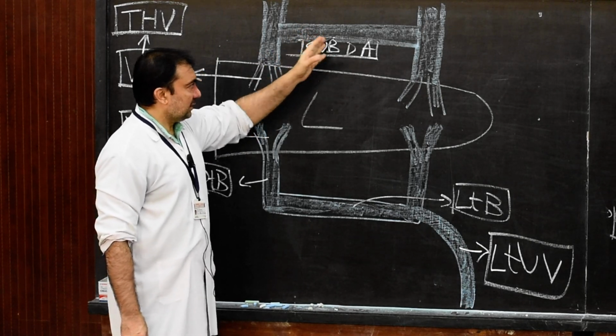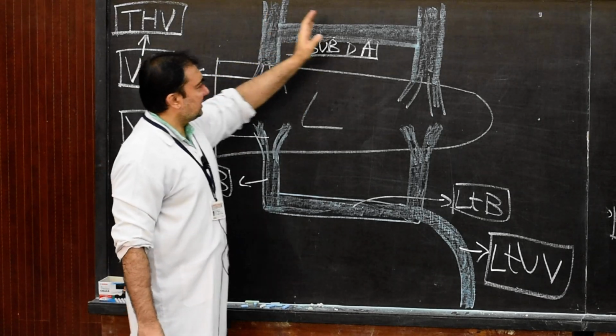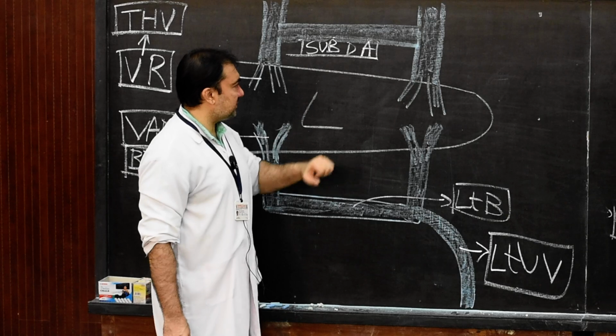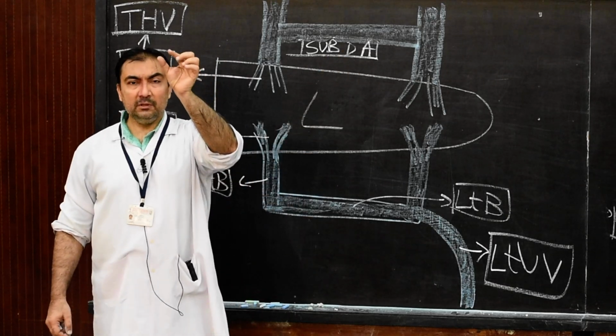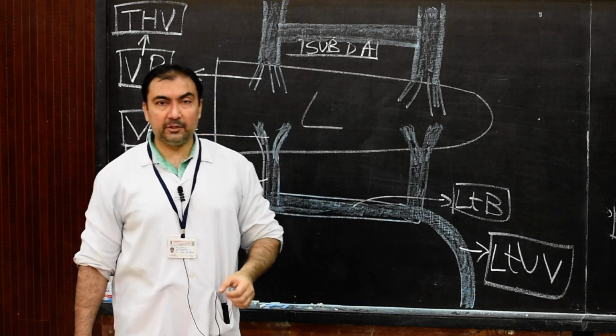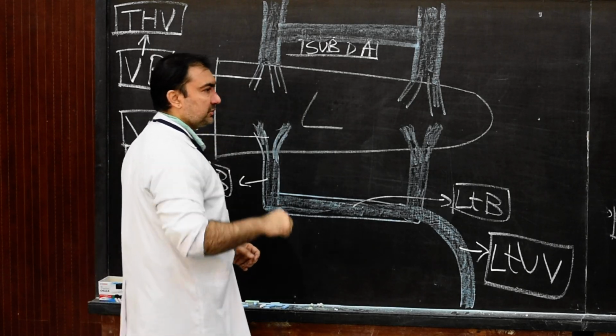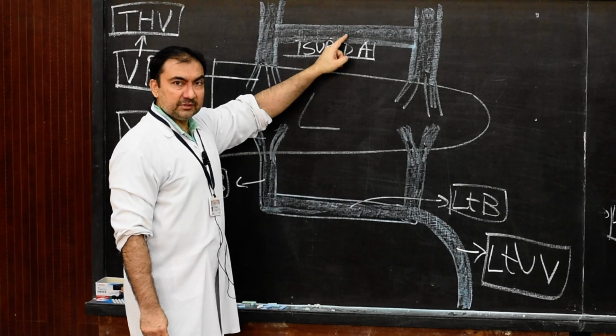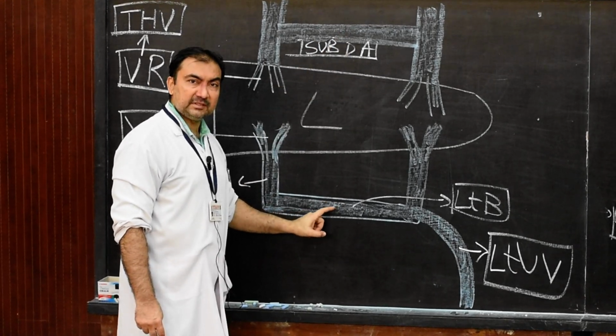Please note down. Now what will happen? Now we have the right and the left vitelline veins, connecting them is the subdiaphragmatic anastomosis in the suprahepatic region. Now a small longitudinal channel of blood will open up, which will connect the 2 anastomosis. Which 2 anastomosis? The subdiaphragmatic anastomosis and here.